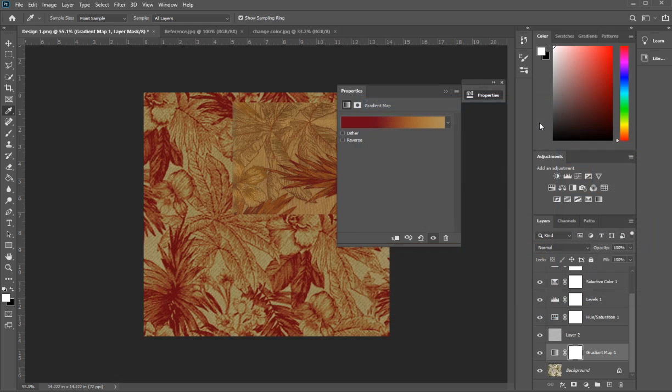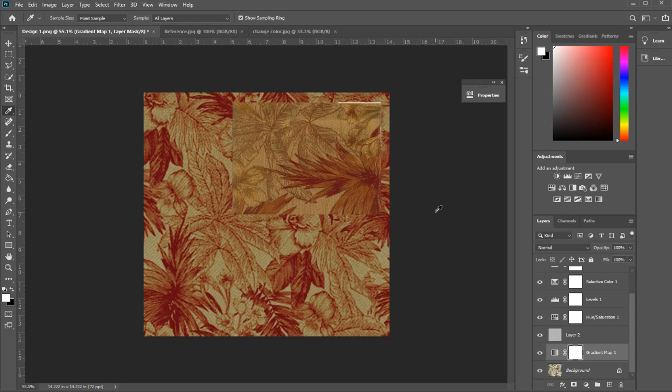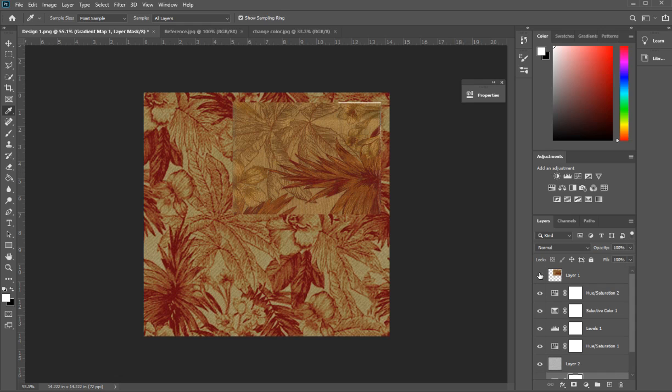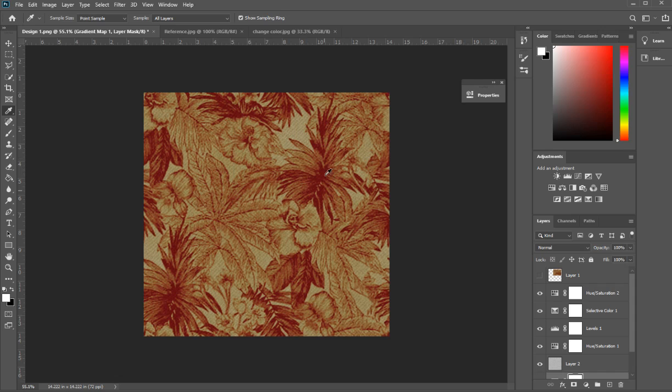Okay, so this is not perfect, but at least we match a little bit with the color of this fabric. So this is the final one